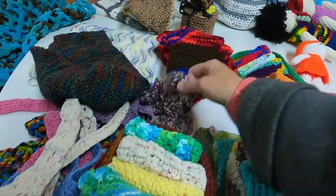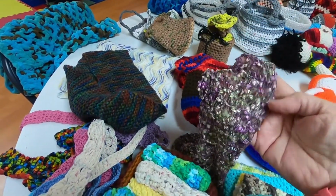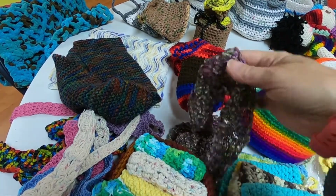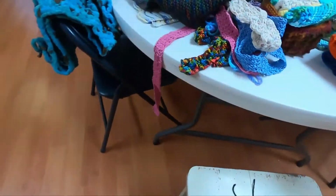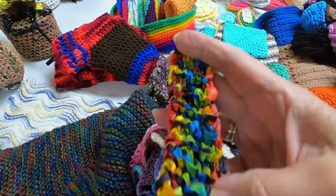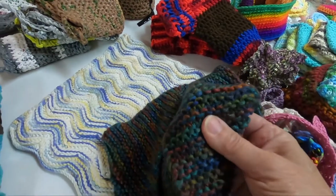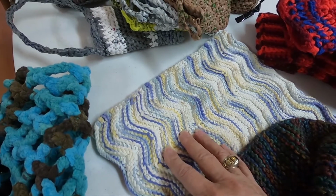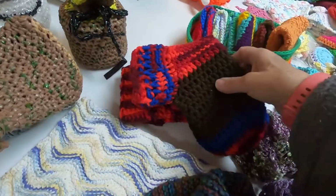And this is knitted. Some things are knitted. Some things are crocheted. This was that ribbon thread or ribbon yarn or whatever. It's very, very hard to work on. And this was ribbon yarn also. And this is knit. I do know how to knit. And this is knit. This is crochet. No. Yeah, this is knit also. Oh my goodness. And then you all have seen the booties